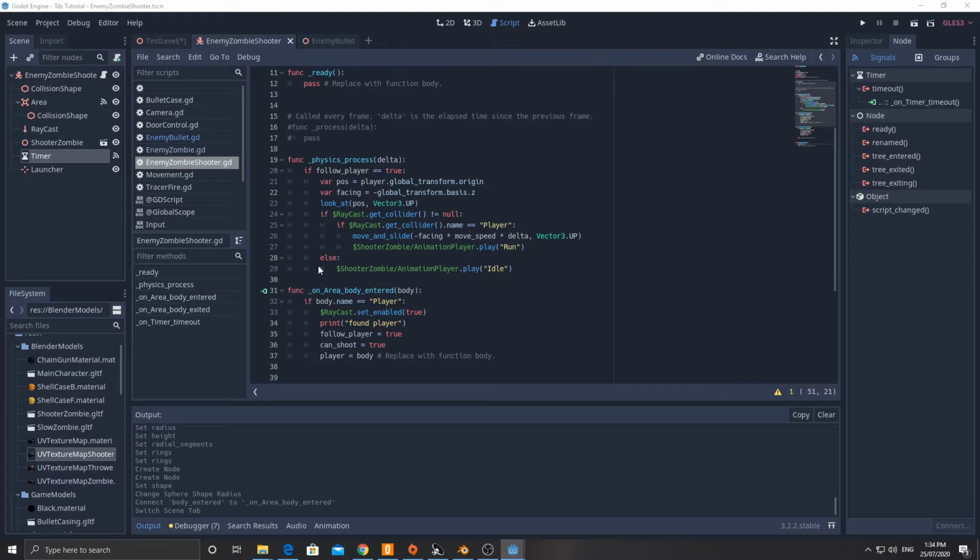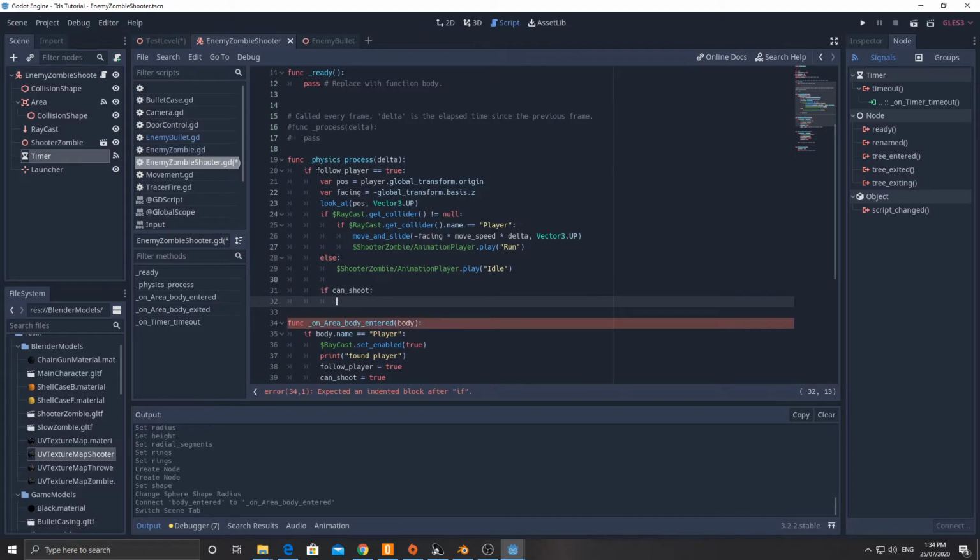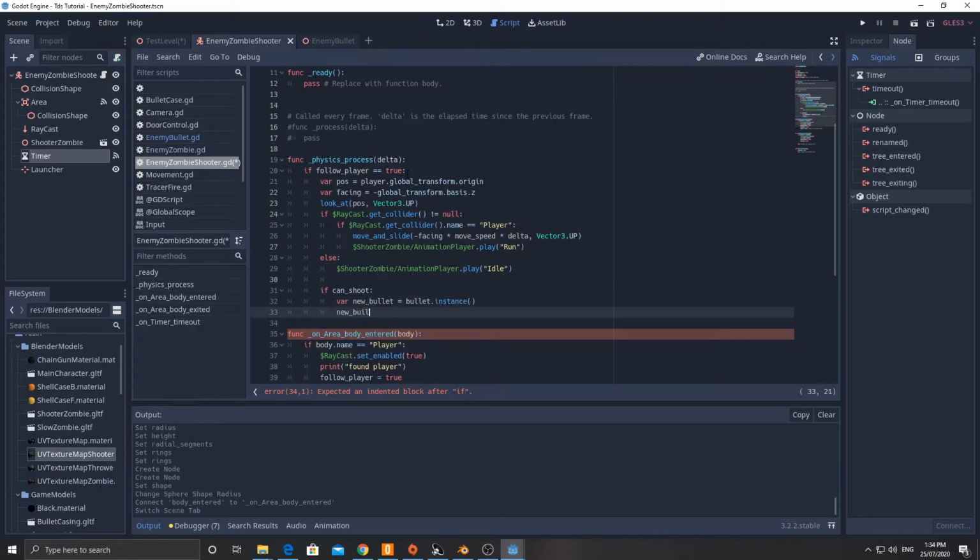All right, so down here in this part, we want to check, after it does the animation stuff, if can shoot. And this is also if follow player equals true. So this is kind of checking, is the player in range as well, I guess. So if can shoot, then we're going to say new bullet equals bullet.instance, new bullet.global transform equals